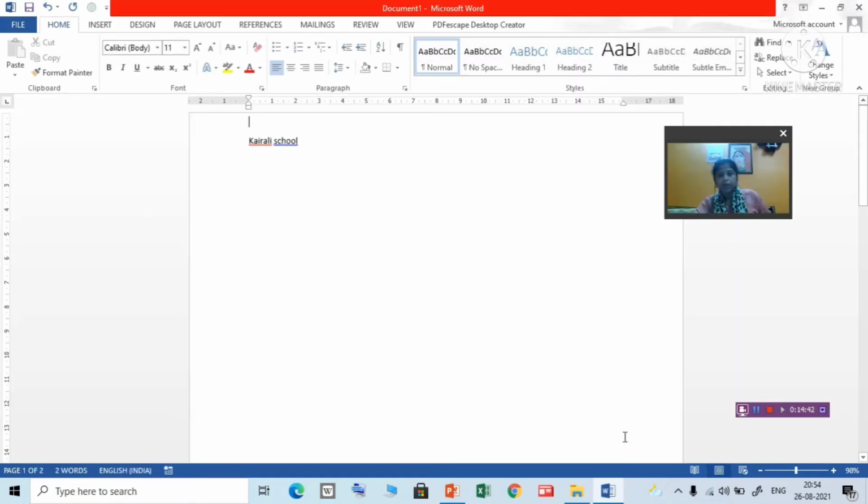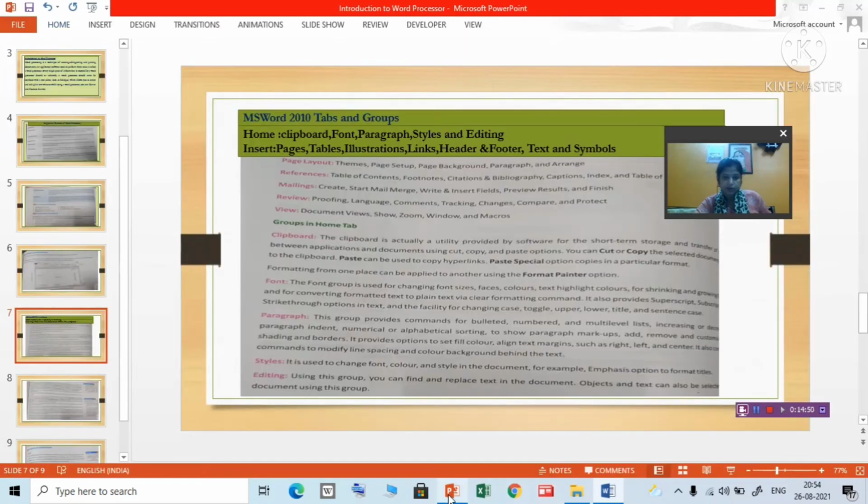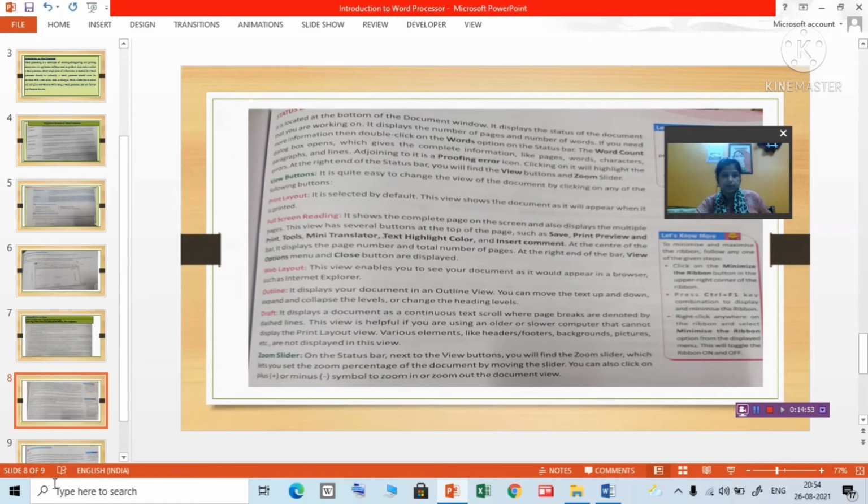So what is next? The views. There is print layout mode, then full screen reading, web layout, then outline and draft.